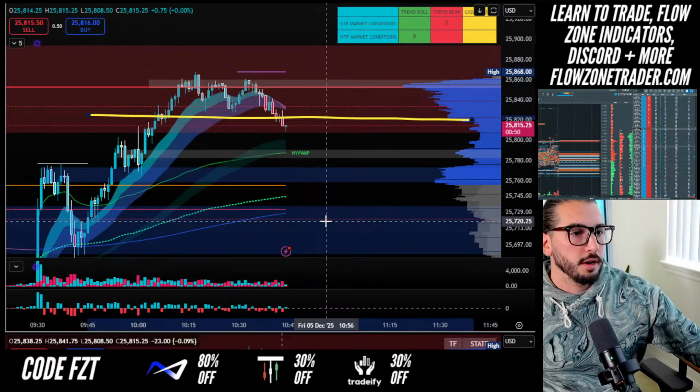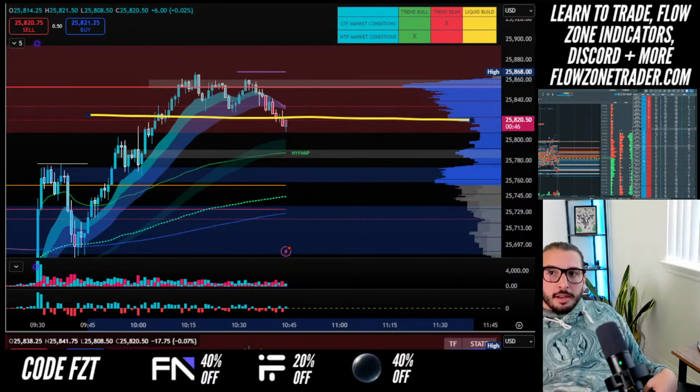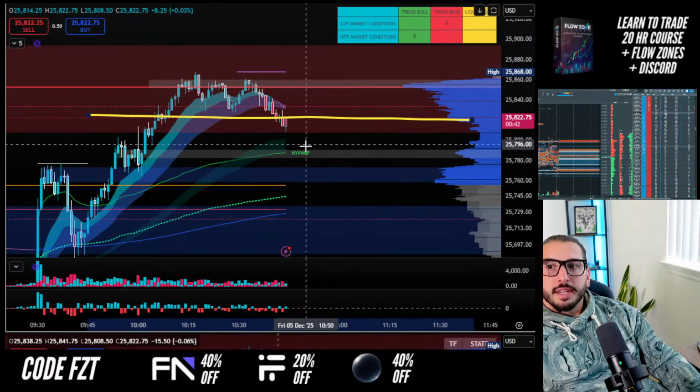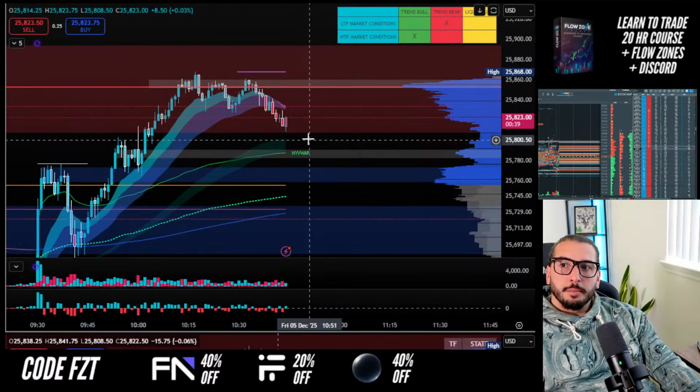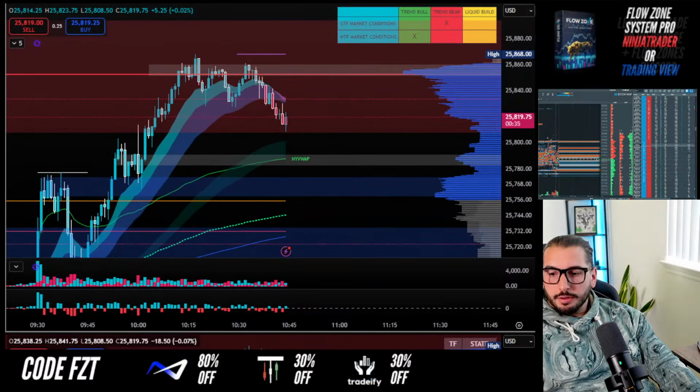All right, you've lost the yellow line. You're in a problem here, bulls. If they can't reclaim that yellow line, that's the shelf that they built out, a new shelf. So that's sort of 820. They need to reclaim it, otherwise it's game over. So these are basically the lows here. You're starting to see